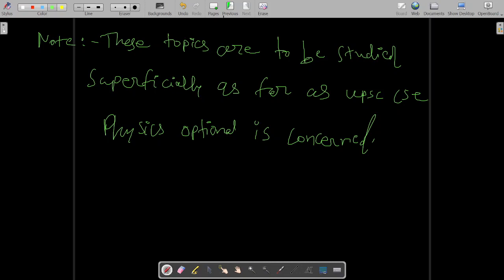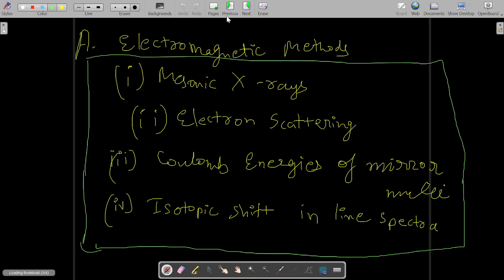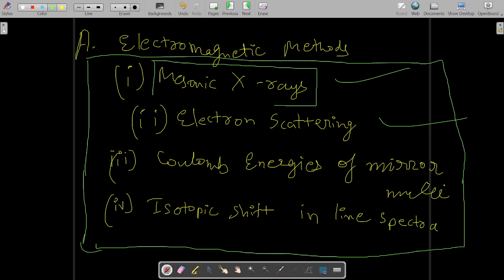So these topics in the green box: neutron scattering, alpha scattering, then mesonic X-rays, electron scattering. Mesonic X-rays is already over in the previous lecture. So these topics: electron scattering, Coulomb energies of mirror nuclei, isotopic shift in line spectra,